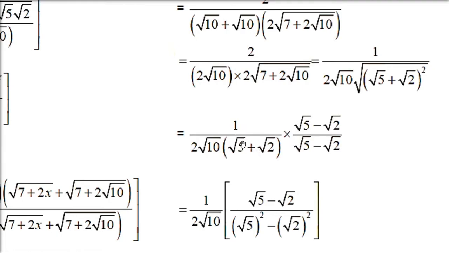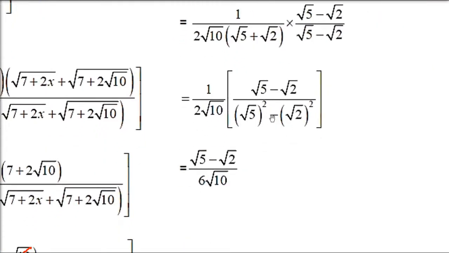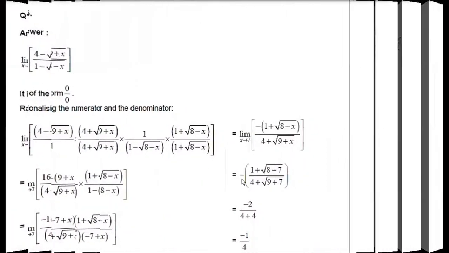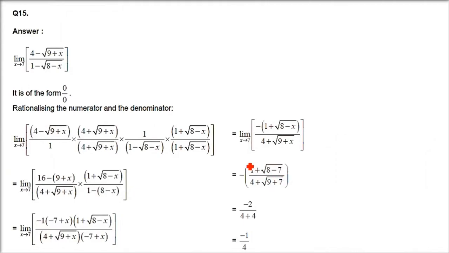See, this is also the answer. Nobody has told you to rationalize it. But in mathematics, we always rationalize it to make it as easy as possible. So we are multiplying it with under root 5 minus under root 2, numerator and denominator. Okay. So this denominator will be under root 5 square minus under root 2 square, that is 5 minus 3, that is 3. And in the numerator, it is under root 5 minus under root 2, it will remain like this. And 2 under root 10, and by 6, this 6 under root 10 will be the answer.